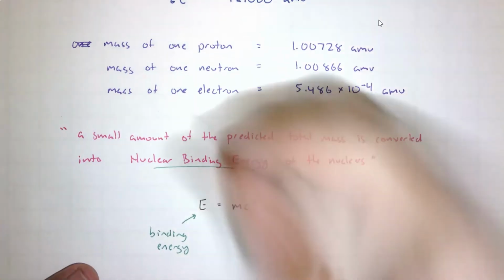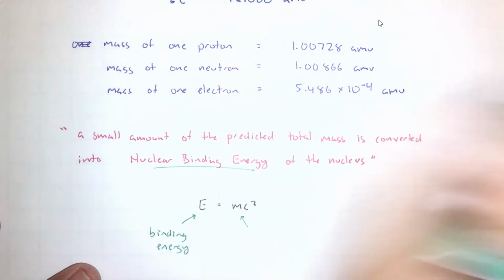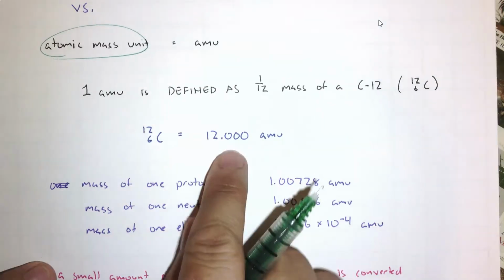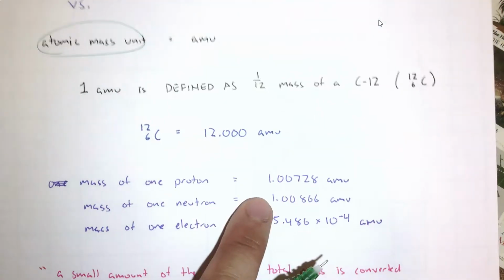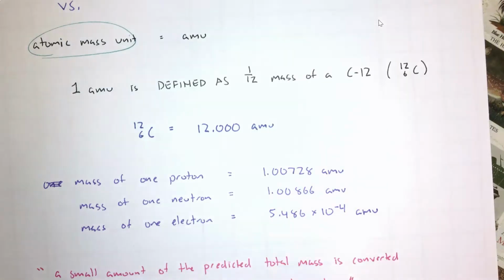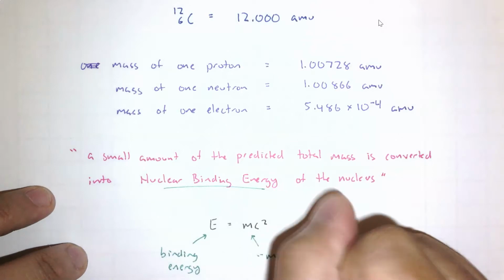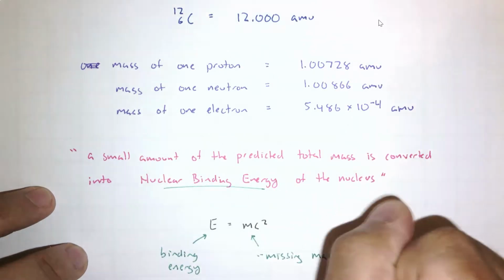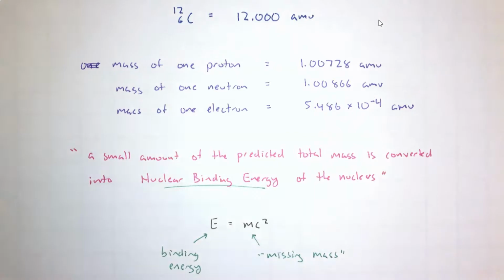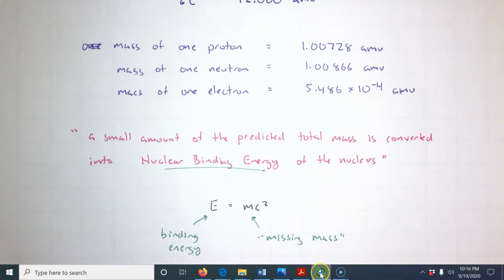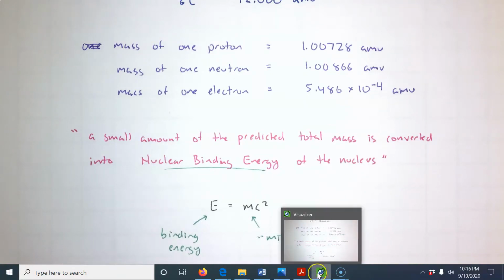But I like how they call this m the missing mass, because, again, you would expect that the mass in AMU for carbon would be more than 12, a little more than 12. But we have that missing mass. So this is the missing mass. Okay. Let us take one more glance at the cover slide, because for some of those, actually, technically,